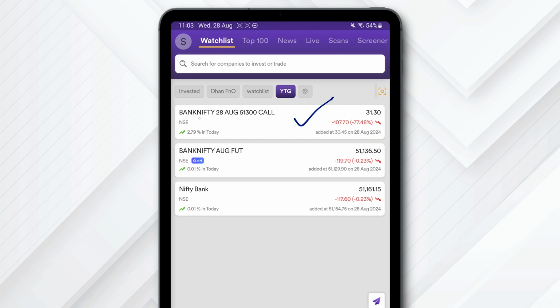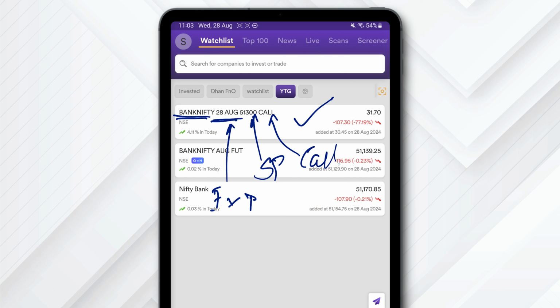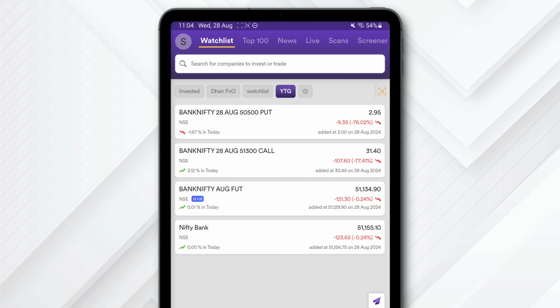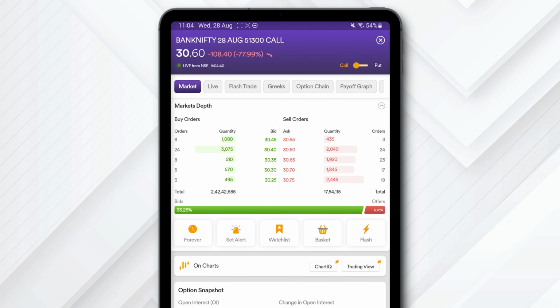So again, the name of the index is there. Then what does 28 August denote? It denotes expiry, and this is your strike price. And because we have added call, it will obviously say call right here. Then again ATM price, profit and loss, and then let's just click on call right here, and you can see